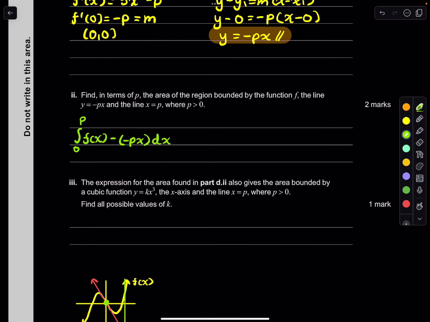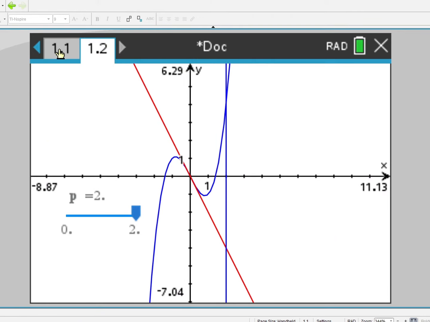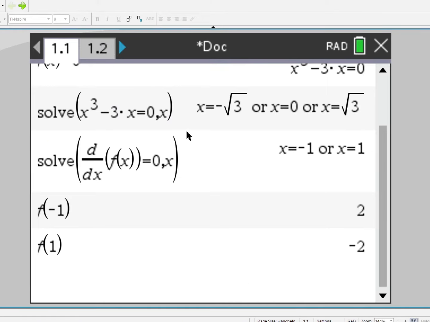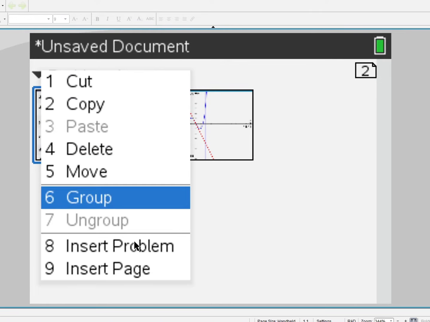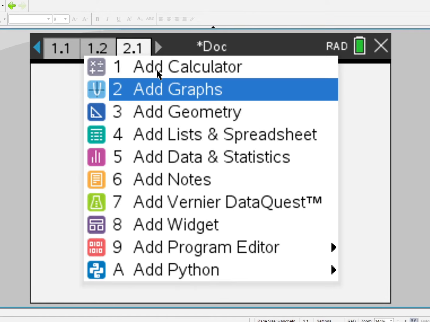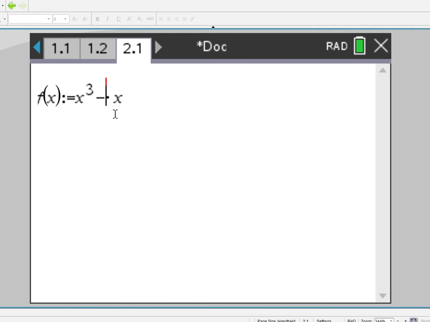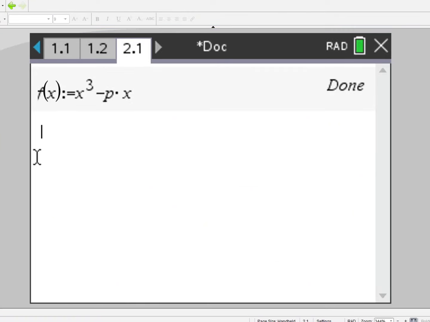Equals what? So let's write that down. Because I don't want to make any mistakes, I'm just going to basically redefine the function in another problem. So I'm going to just copy this, Control up, insert problem. There it is. And that was p. Yep, let's just go back. I want to just double check. Yep, so x cubed minus p of x. Beautiful. And so now we said it was the integral from 0 to p,